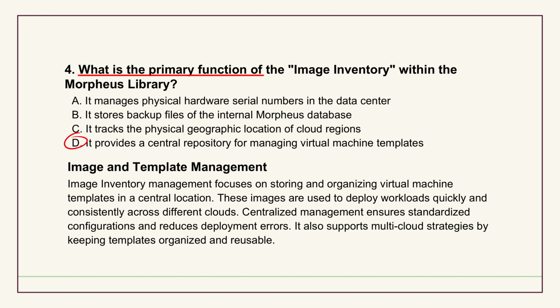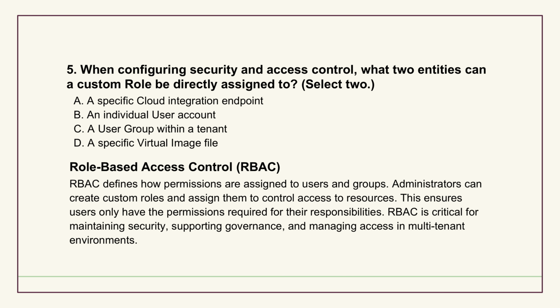All right, we have the tools. But as you always remind me, giving someone powerful automation tools without rules is a recipe for disaster. Or a recipe for a very, very large cloud bill at the end of the month. Which brings us to section 3, the guardrails, governance roles and policies. Let's look at question 5. This is about